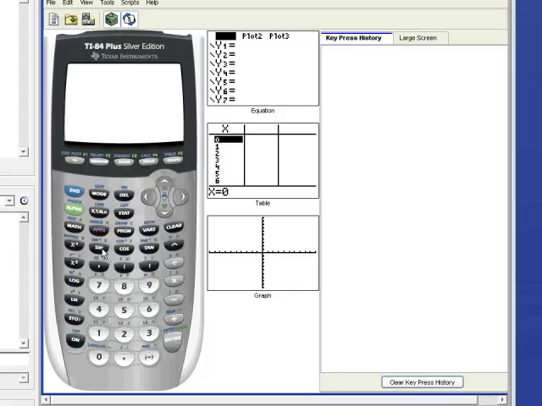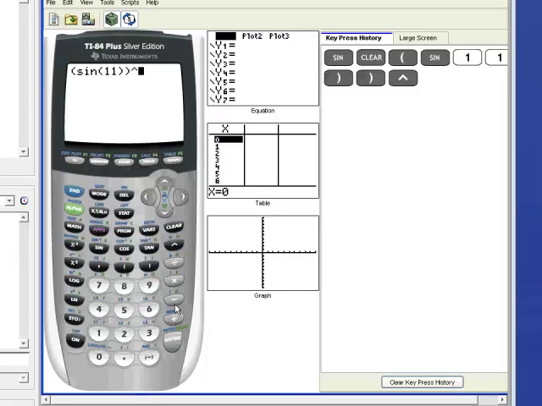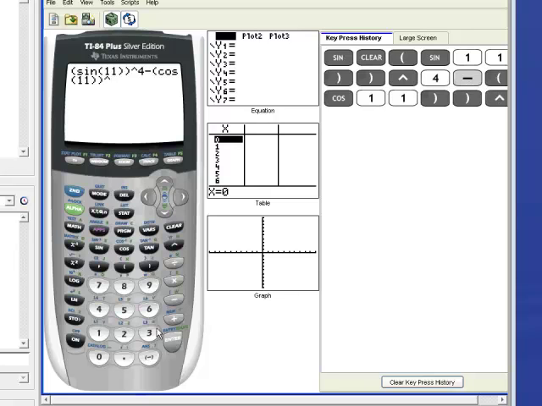So here I'm going to do sine. Actually, I will do parentheses sine 11 degrees, parentheses to the 4th power, minus, I actually do it correctly here on the left-hand side, cosine 11 to the 4th power, and that's what I come up with, negative 0.92. Kind of makes sense that it should be negative because the sine of 11 degrees is rather small, the cosine of 11 degrees is rather large, so when I subtract a large number from a small number, I should come up with negative. Okay, the right-hand side, and this is where we'll make a mistake on purpose, so minus 2 cosine,